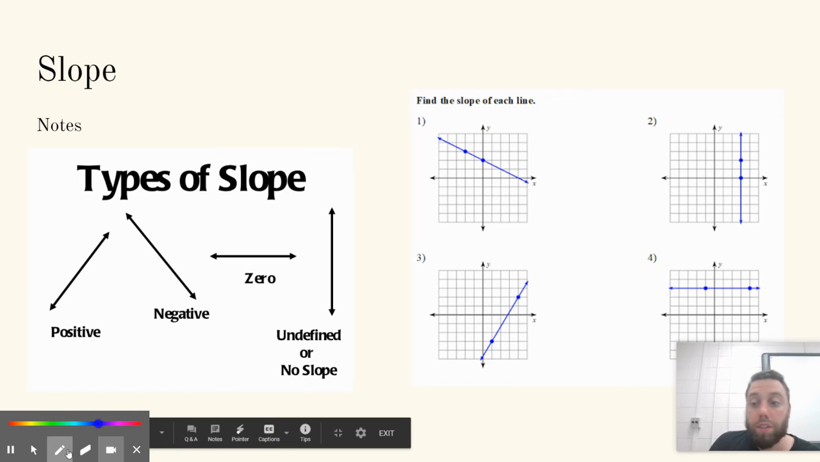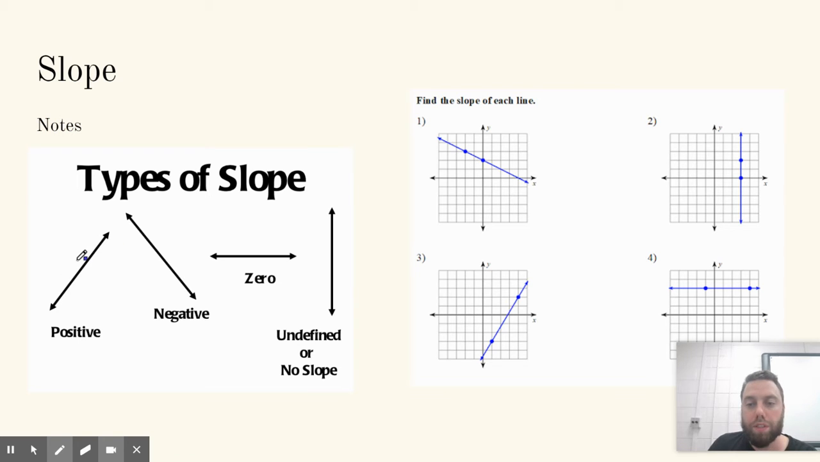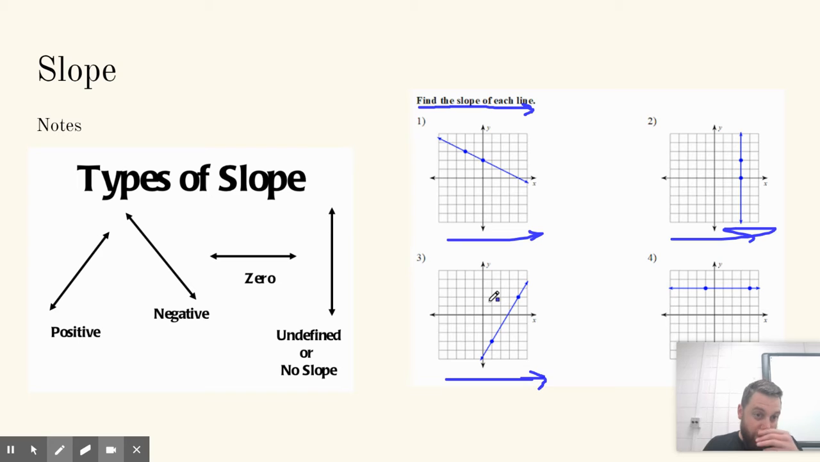Now, there's a couple of different types of slope. We can have a positive slope. With positive slope, we're reading from left to right, just like we read a sentence from left to right. We read a graph from left to right as well. Okay, so when reading from left to right, if you are going up, that's a positive slope. If you're going from left to right, you start on the left and you go right, and you're going down,